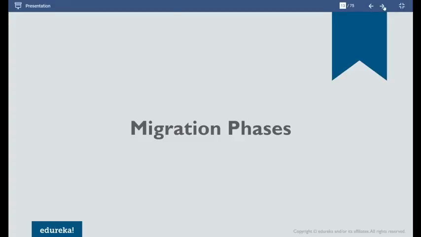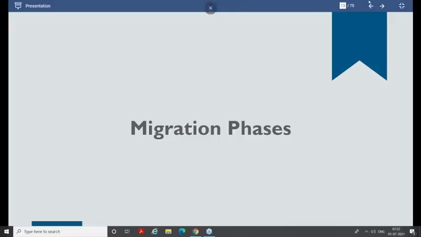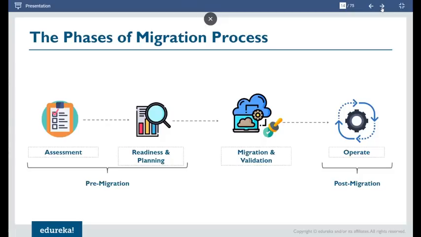So just like how you plan for your holiday, similarly, migration also has 3 phases. And after you come back from holiday, you obviously start discussing more about that place, like where all you went, with your friends and colleagues. You start recommending it if it's good, and if it was a bad experience, you ask them to avoid visiting these places, right? That is post vacation. So your migration is similar to that. There are 3 phases: pre-migration, migration and validation, post-migration.